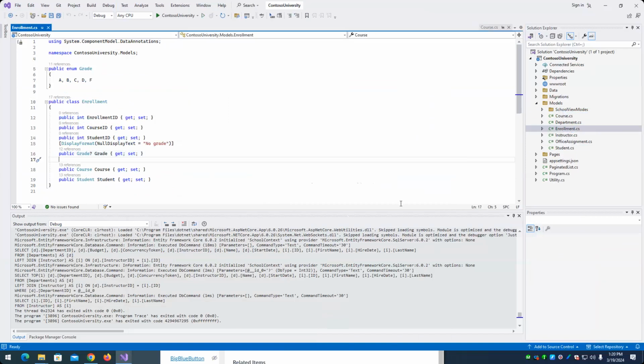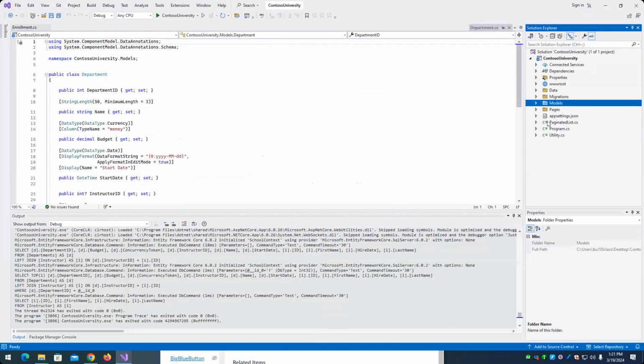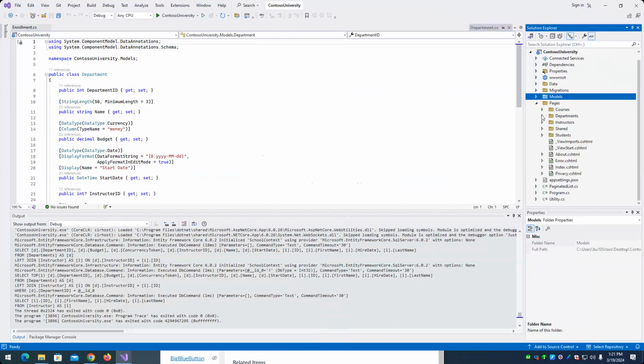All right. Next thing I want to show, I think we looked at this, but it's been a couple of weeks, is how we can pull data from one of these other tables, or from a related table or related entity, and how we can create a drop down for something. We'll do that by looking at department. We'll look at the department create and the department index. So if I go and run this,